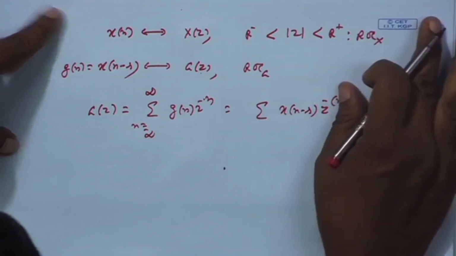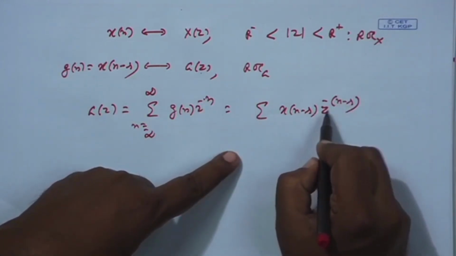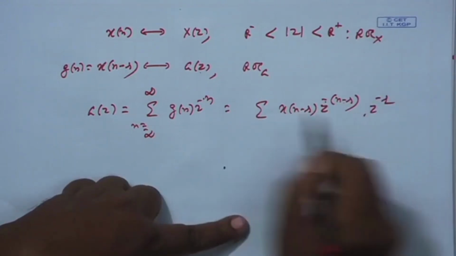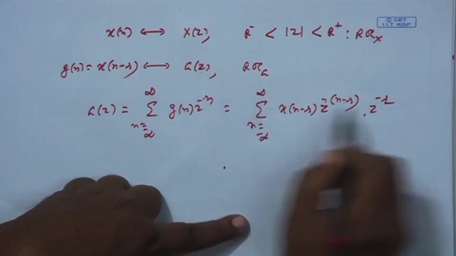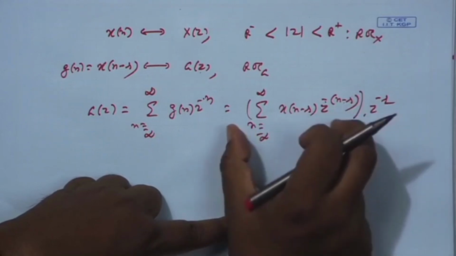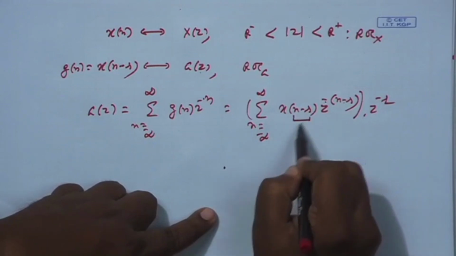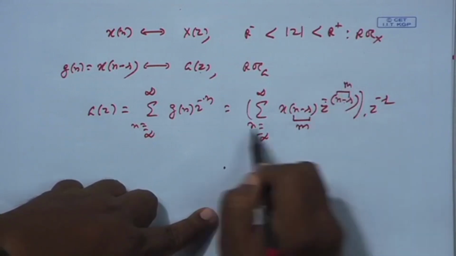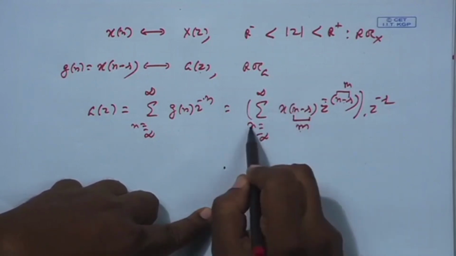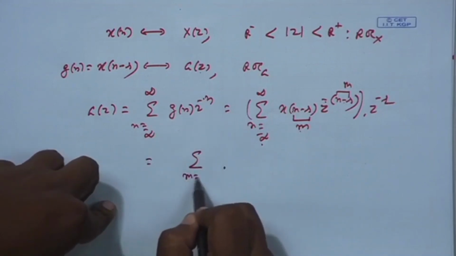Sorry, z to the power minus n, but I make it z to the power minus n minus r, that is I bring an extra term z to the power plus r. To cancel it, I have z to the power minus r, but the summation is over n and this does not depend on n. So this entire summation can be kept here and this can go out as a common factor. Now you call it m. If n goes to plus infinity, m goes to plus infinity, because n minus r is m, same sign. If n goes to minus infinity, m goes to minus infinity, which means it would be a summation